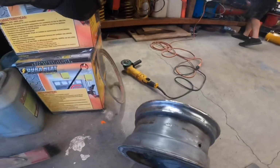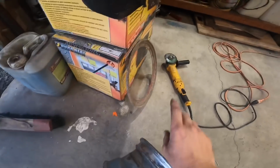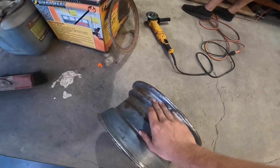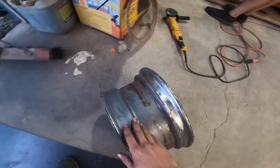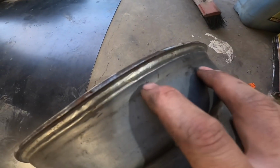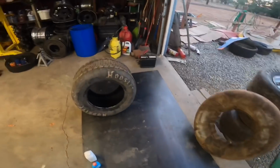So what I do is I go over the whole entire rim with my hand, and if you feel any rough spots, take a grinder, grind it down, because what that's going to do is that tube's going to move a little bit back and forth, and it's going to rub a hole right through the tube. So I'm going around and feeling anything like little splatter weld like this. I'm gonna take that guy right off, get that nice and smooth,